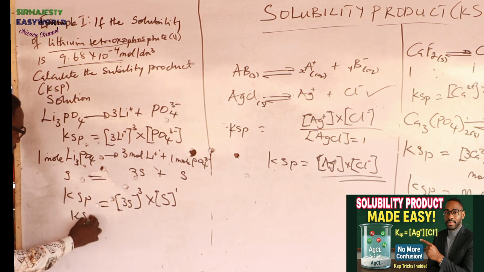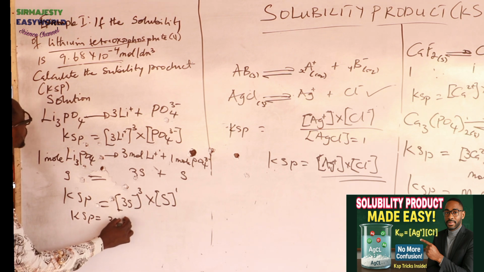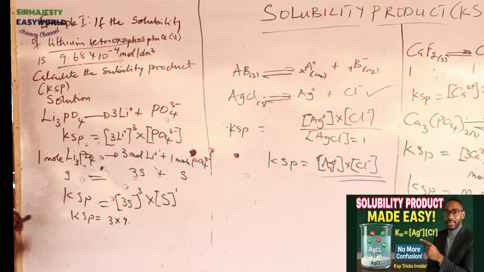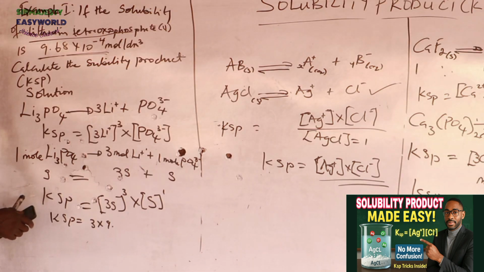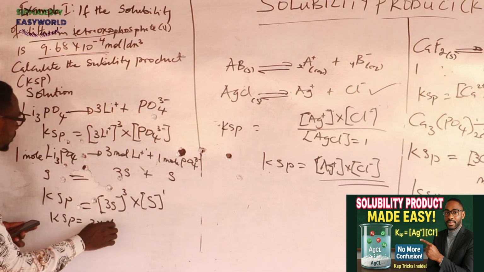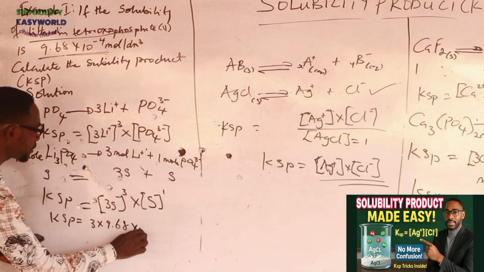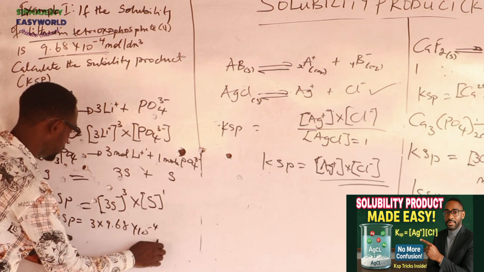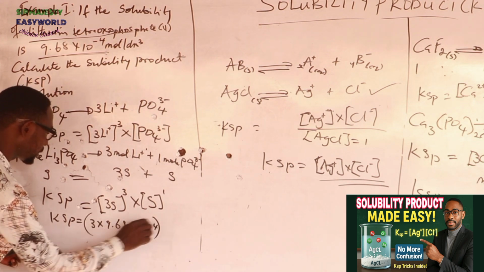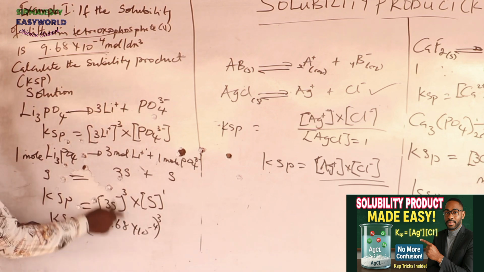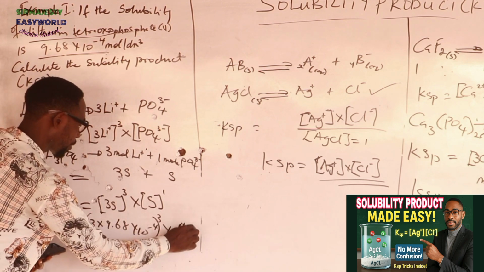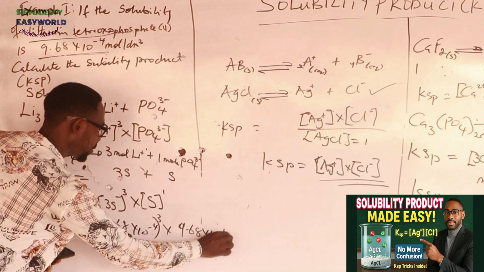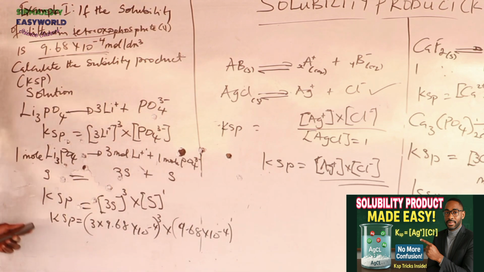That means our Ksp will now be equal to 3 times 9.68 times 10 raised to the power minus 4, all raised to the power 3 again because of this. Then multiply by 9.68 times 10 raised to the power minus 4, still all raised to the power 1, which remains itself. So from the calculator I have here,